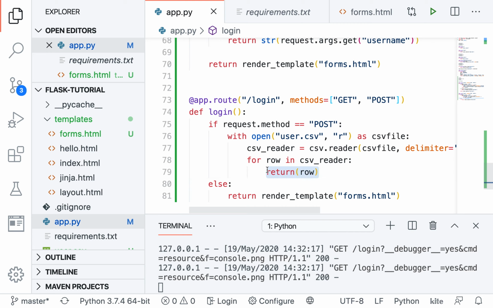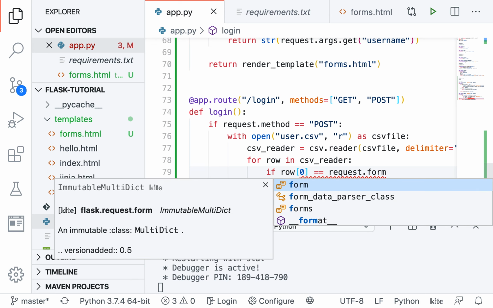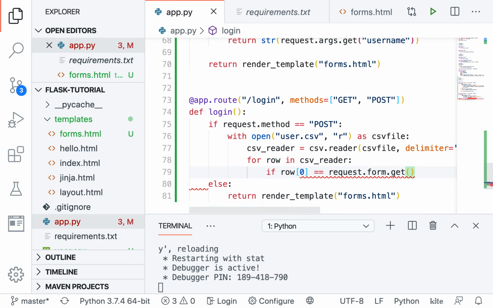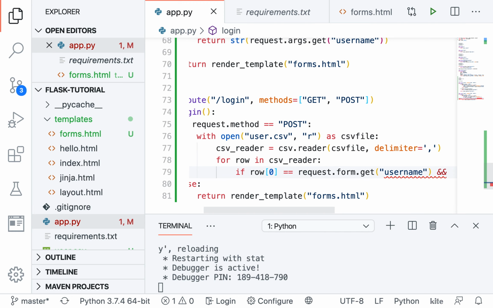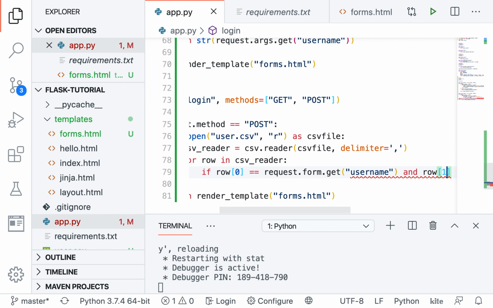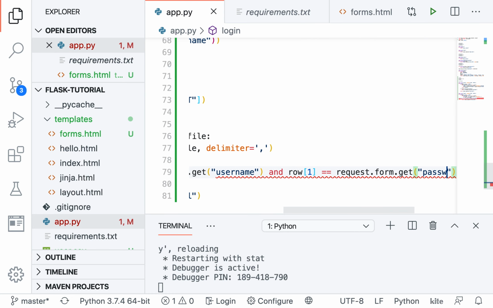What I'm going to do is: if row 0 equals request.form.get username, and row 1, which is the password, equals request.form.get password,